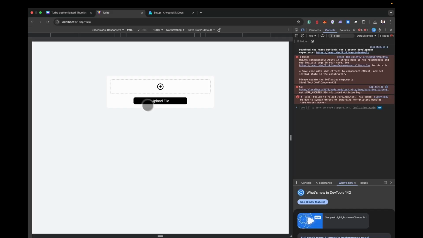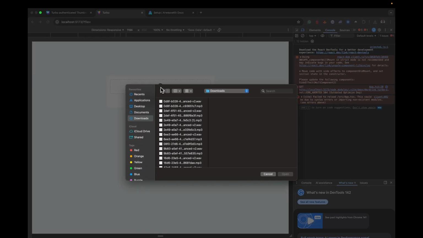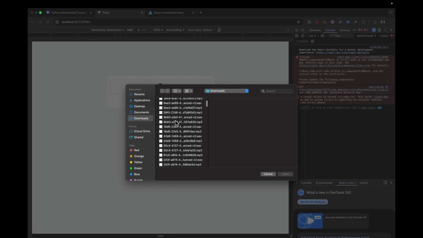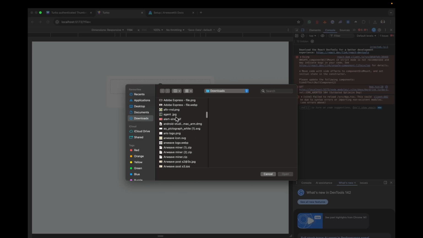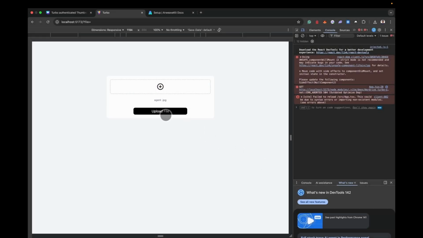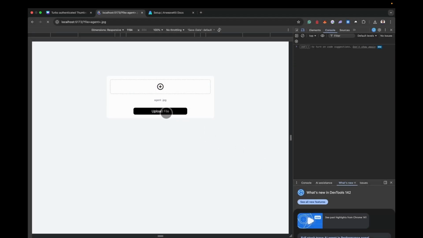Okay, so now that you are back here, I want to specify something. If you want to upload data on Arweave using Turbo, you need to have credits, Turbo credits. But I'm going to show you in a different video how to get credits. For this one, I'll just use a file that is below 100 kilobytes, because every upload below 100 kilobytes is free. Again, I told you we're going to use this agent, and as you can see, it's 27 kilobytes. I add it there. If I click on upload,